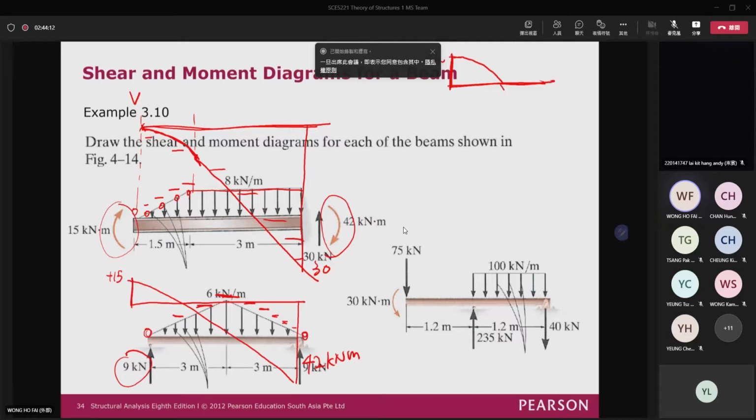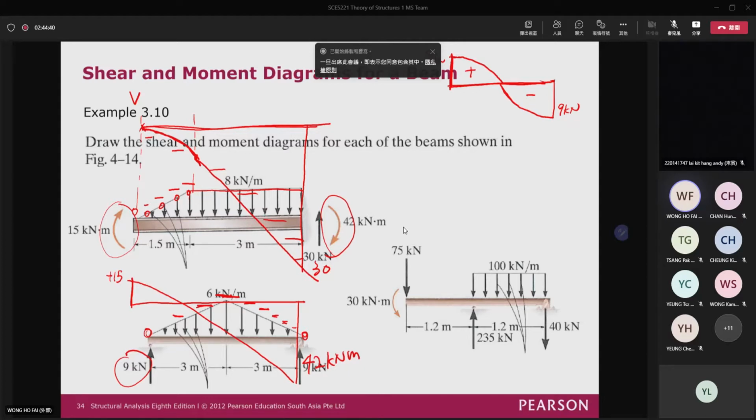So you will go into another direction. It is very negative, less negative, and then becomes 0 here. So this one will be something like that for the shear force diagram, okay? And then you can see that the shear force is positive here and then negative on the right-hand side. And then, as I mentioned, the